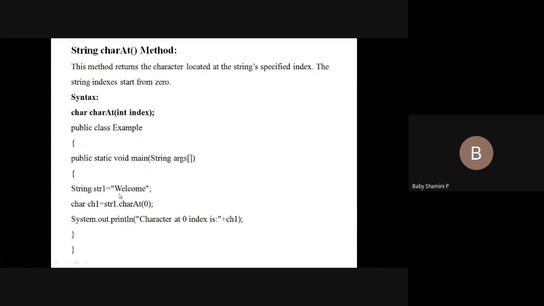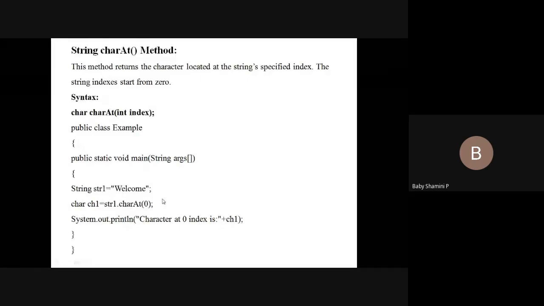For that, first we need to declare a character: char ch1 equals string dot char at of 0. I am going to display the character present at the 0th index. So output is w. If you want to find the character at index position 2, it is char at of 2: 0, 1, 2, output is l. In this way we can find a character from the string.